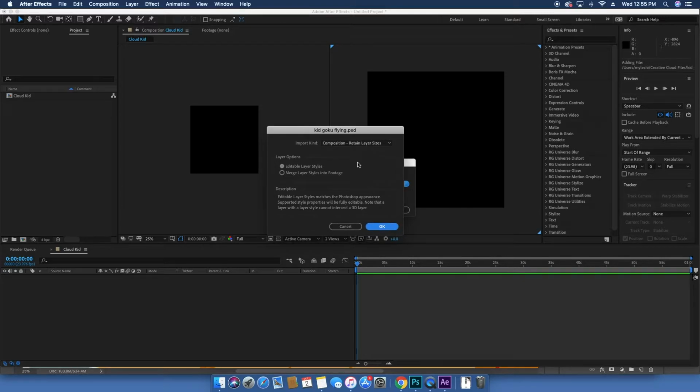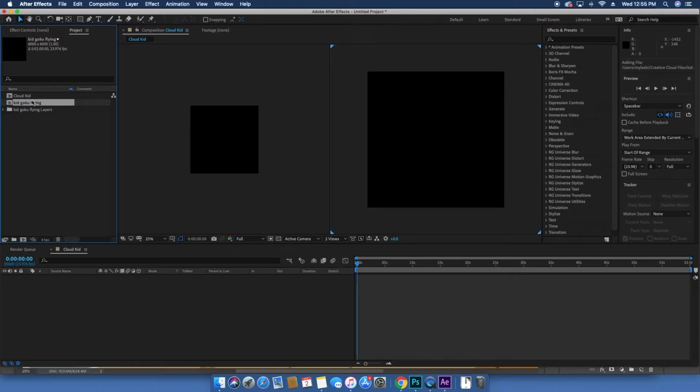Okay, let's see. Now we're gonna import it as a composition and retain the layer sizes. Make sure there's editable layer styles. If you have layer styles, you'd want to keep that as it is. If not, you want to just merge the styles on the footage. It just depends on if you want to edit the layer styles, which are like the drop shadow, the inner shadow, outer glow, inner glow, those type of effects. So hit OK and it imports it into here. And it's already going to give you a composition